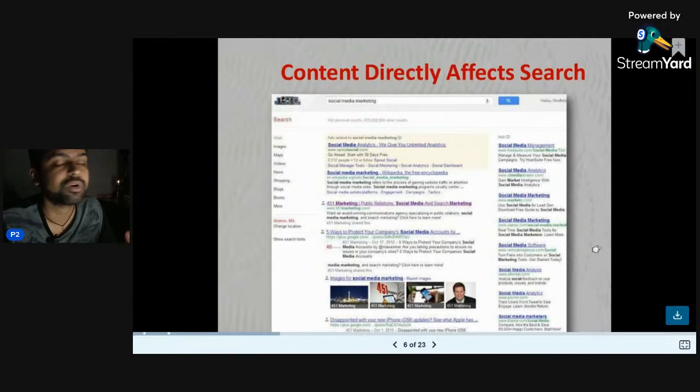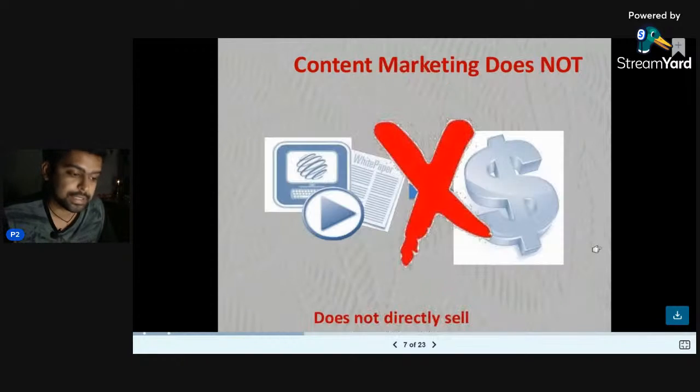That is, you need to provide more and more value in your content, so that if a user comes to your website and reads that article, that person should not visit any other website, because all those queries are answered in your article only. And that's how your blog actually helps in SEO.